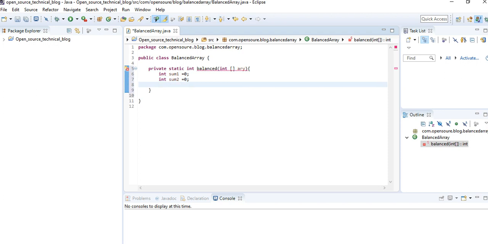First we need to iterate and sum the first half of the array, and in the second loop we need to iterate and sum the right half of the array, so that we can compare the summations, or get the absolute difference between the summation of the left hand side and the right hand side of the array.